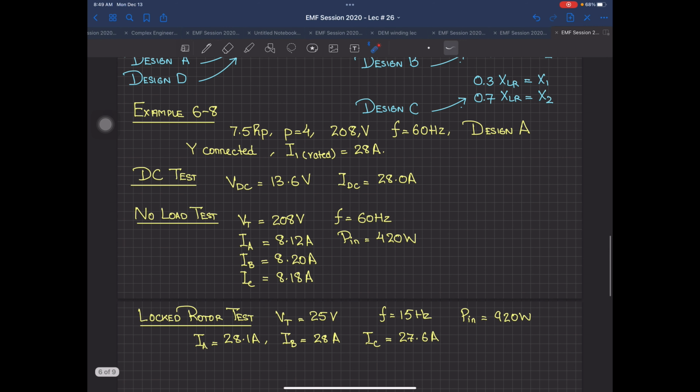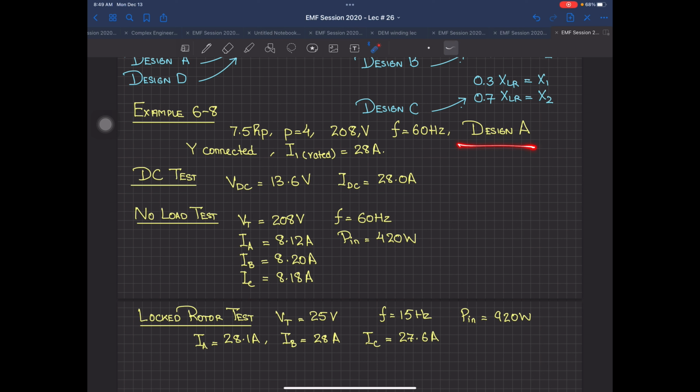Now, coming back to the example, I'm doing example number 6.8, just a few parts of it, 3 parts. This is the question, 7.5 horsepower. We are almost at the end of this chapter. Can anyone tell me what is 7.5 horsepower, input or output? This is the output power rating. Please be very careful whenever you are trying to find the efficiency of such a machine. Treat this one as the output. The input power is going to depend upon your current and power factor and all that.